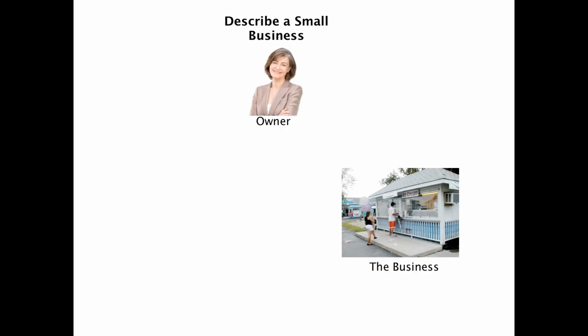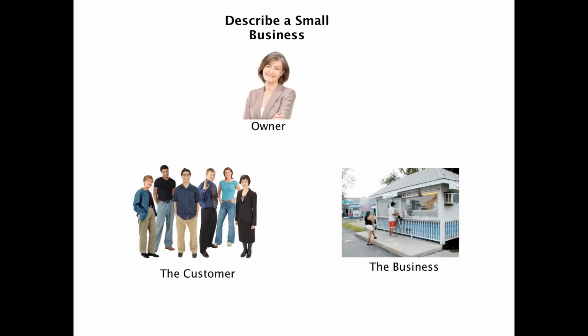Okay, so that's the second part. So you first have to have an owner. The second part, you have to have a business. And then the third part is you've got to have the customer. Those are the 3 parts. Regardless of the size of the business, you could have this just small little ice cream stand that Nancy owns, or you could be talking about General Electric. Those 3 pieces are always in the model. So now that we've got the model established, the owner, the customer, the business, let's look at how money flows